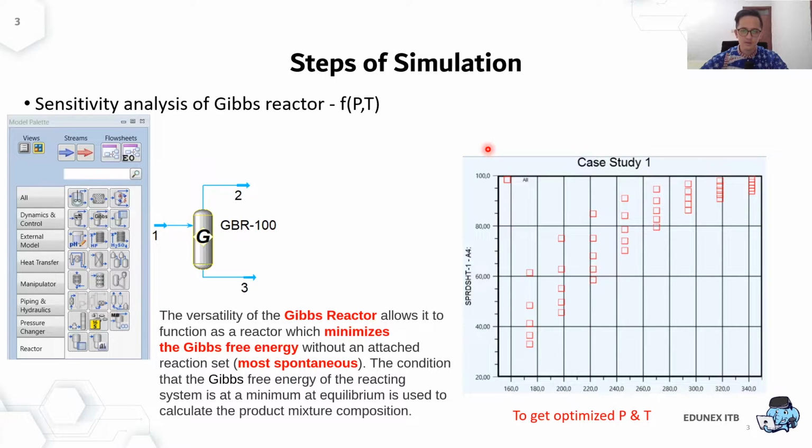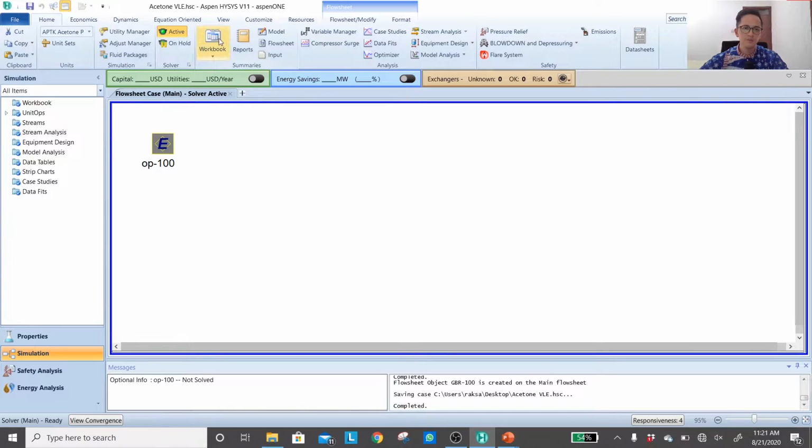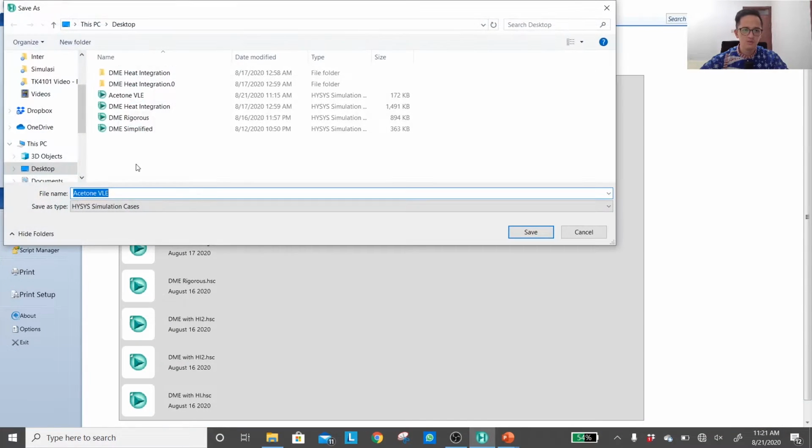Okay, so let's start directly in HYSYS. I will continue my previous file about the acetone VLE, which already defined my components and the fluid package or property package, which is using UNIQUAC coupled with the Peng-Robinson EOS. So I will save it as, say, acetone reactor sensitivity.